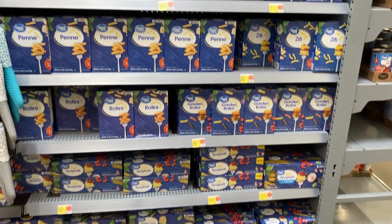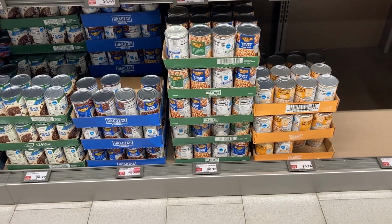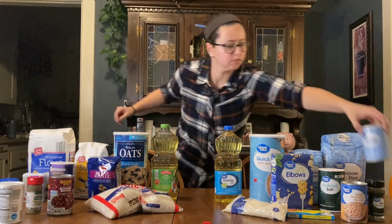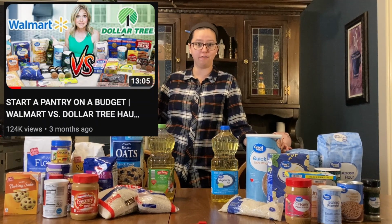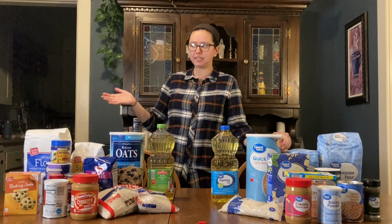Hey, frugal friends. So if you want to save money on groceries, one of your key strategies is going to be keeping a well-stocked pantry so that you can actually be cooking your dinners at home instead of getting DoorDash or making frozen pizzas. If you follow Frugal Fit Mom, you might have seen her amazing video comparing the cost of basic pantry staples at Walmart and Dollar Tree, which I thought was an amazing video, but I thought, you